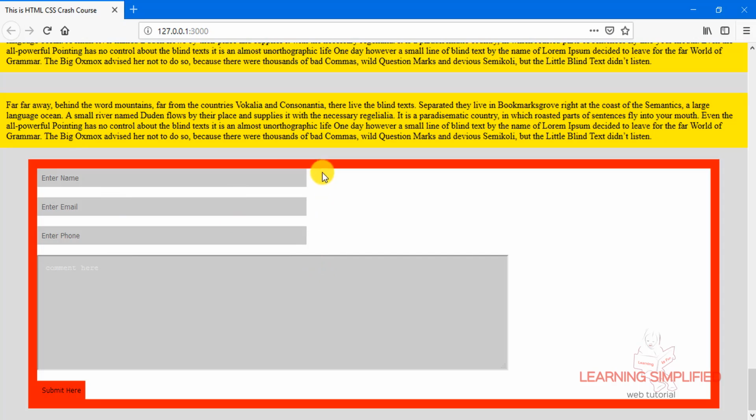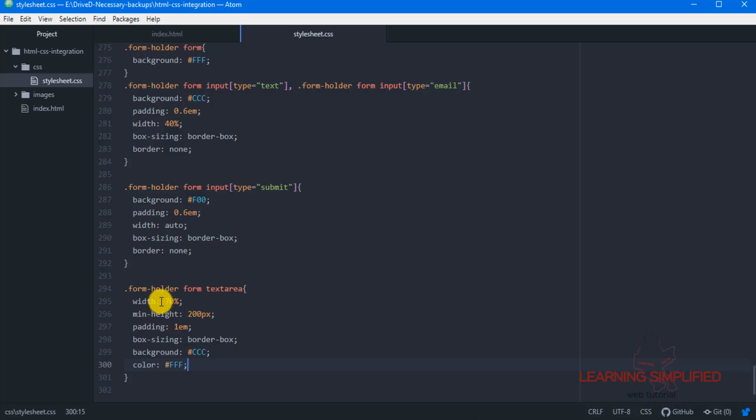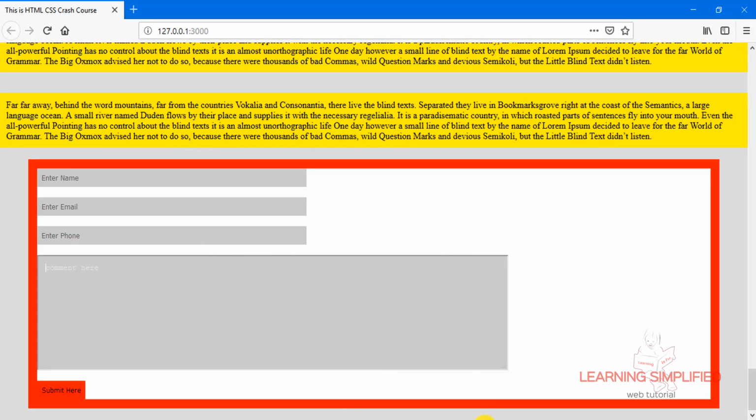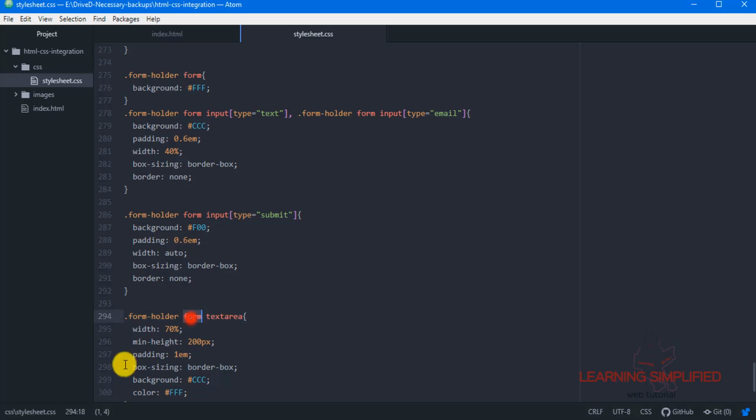All we need to remember is that we need to specify the particular selector which is practically holding this form field. As we can see here, this is the selector which is holding all these form fields, and we then need to specify the form element inside, and then we need to specify this text area or this input with a clear mention of type.